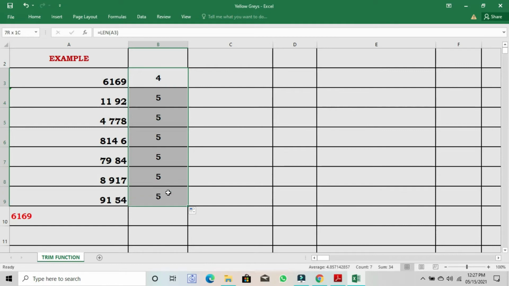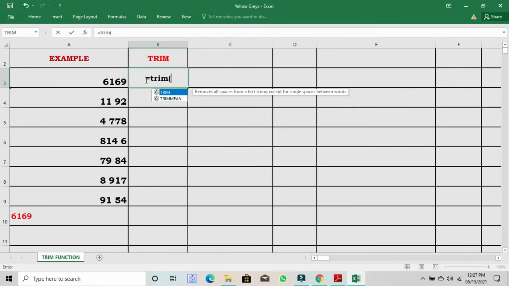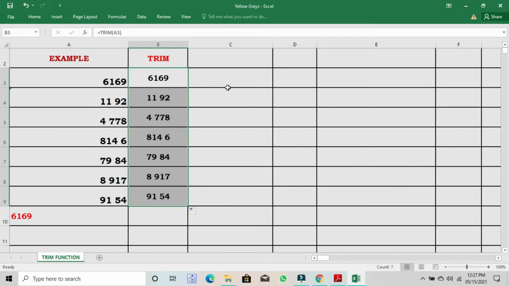Let's try with the TRIM function. Equal to TRIM, open the bracket, select the text, close the bracket and press enter. Drag the cell. Let's cross check these results with the help of the length function.